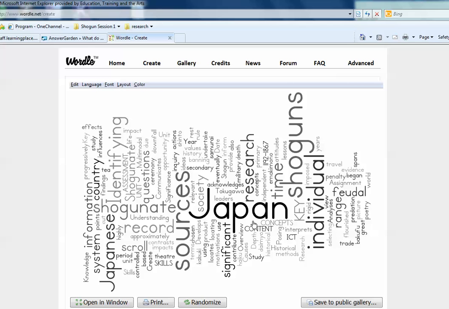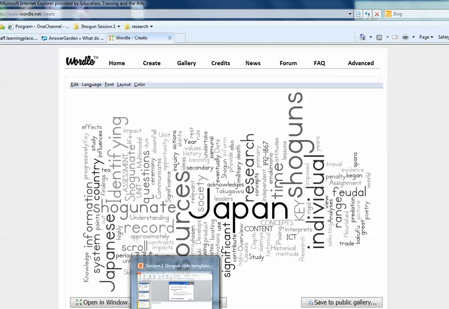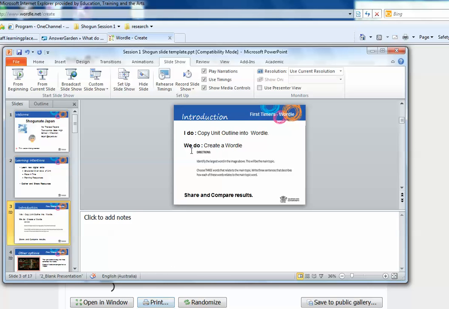Alright, this is the first one that it comes up with, which looks actually quite good, but they can randomize it until you find one that suits your class or what they want to look at. I do find the white backgrounds generally are better. So then what they basically do from this point on, because we've done this together,